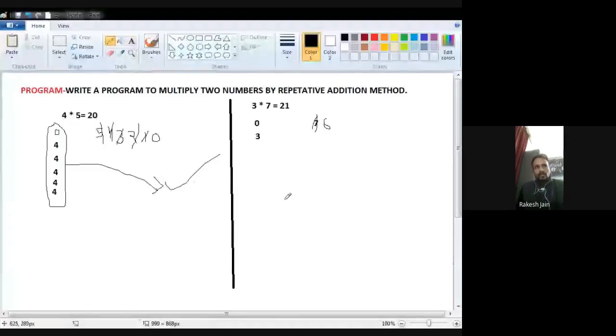One time this 0 will be added with 3, because one time we do the addition, so just decrease. Now each time we have to decrement 1. Now one more time add this 3 with the first result, then decrement this 6 to 5, because one more time we did the addition.